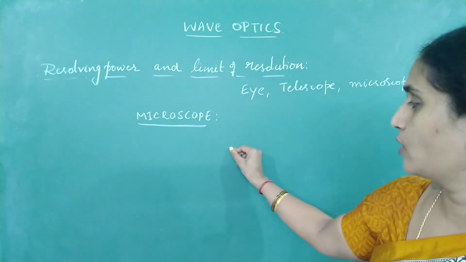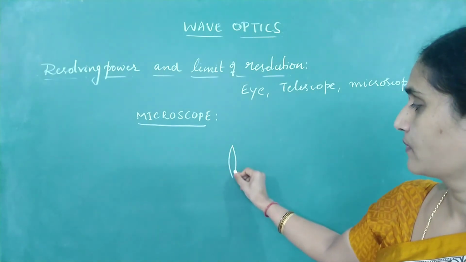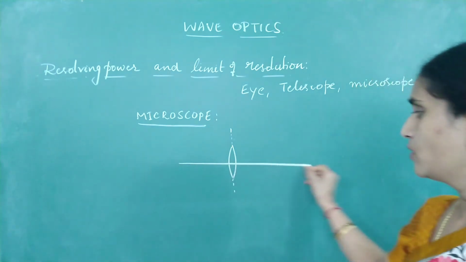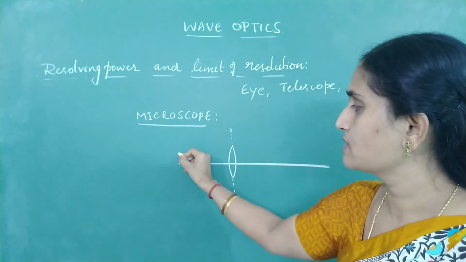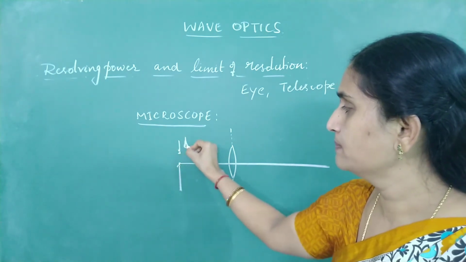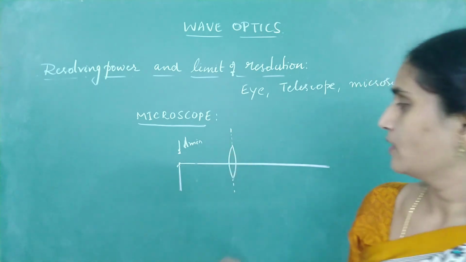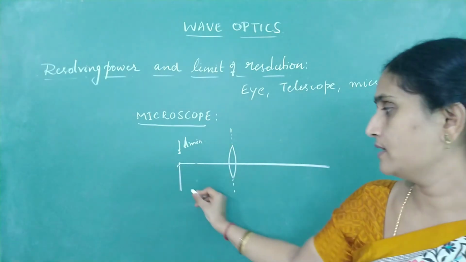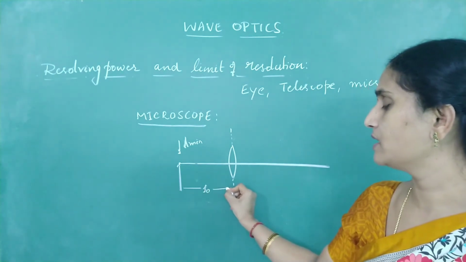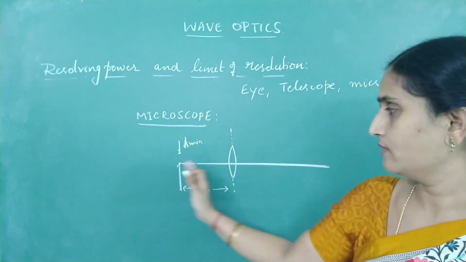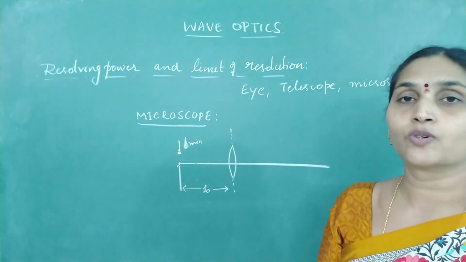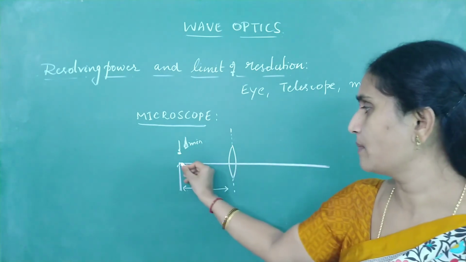We know if this is the objective lens of a microscope, we have taken two closely spaced objects. The distance between them, I'll take it as d minimum. Where do we place the object? At a distance just beyond the focus. I'll take it as approximately equal to f0. In case of a simple microscope, we keep the object just beyond the focus of the objective lens